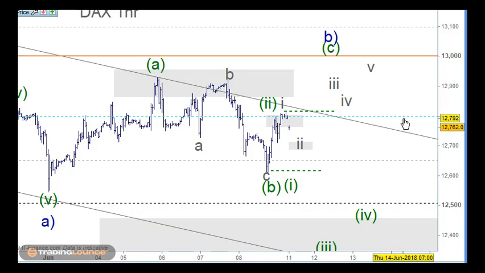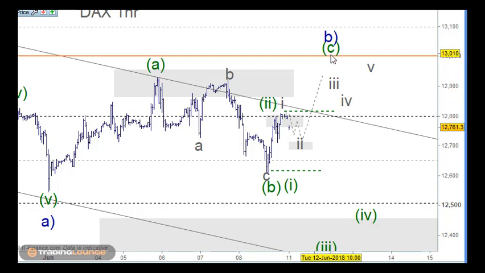So if support is found on this drop down here, it would need to probably come down further, so we would probably need to see a little A, B and C here before this moved up here. Okay, so as I mentioned before, getting support on top of 12,800 would see us up closer to the